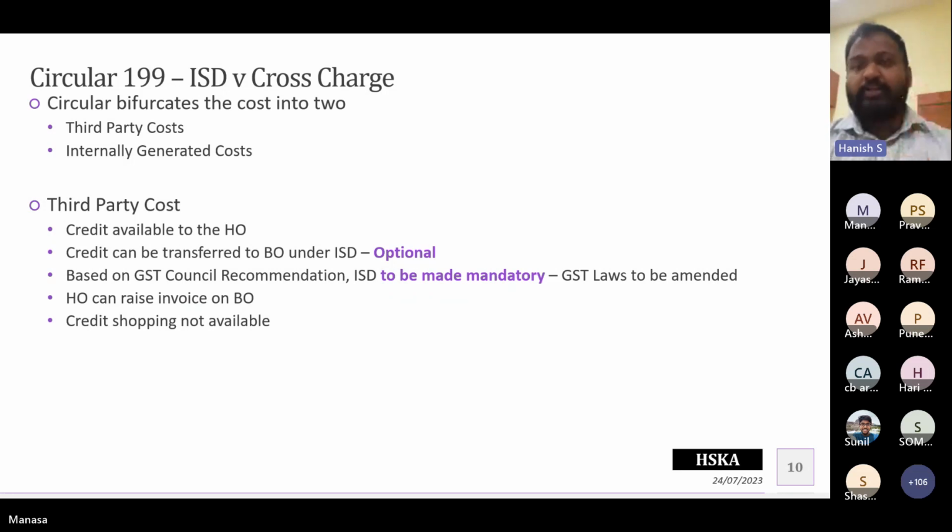What do we do? We'll come to that a little later. But once the GST law is amended, ISD will become mandatory. That means all the third party cost will have to be transferred to the other entity through ISD only. So that means if I'm receiving auditor services for my Bangalore head office, and I have an office in Mumbai also, based on the turnover of Bangalore and Mumbai, assuming Bangalore has a turnover of 80 and Mumbai has a turnover of 20, whatever is the credit which my auditor is transferring to me by way of his invoice, 80% will have to be retained in Bangalore